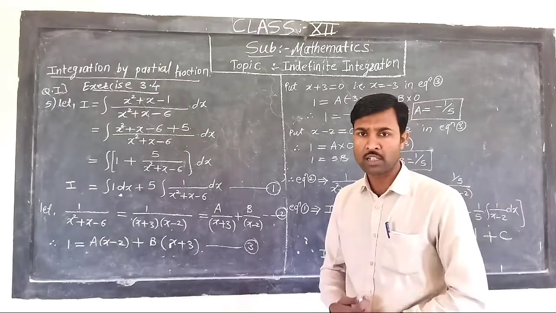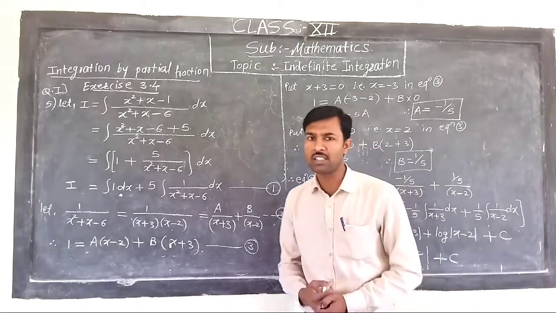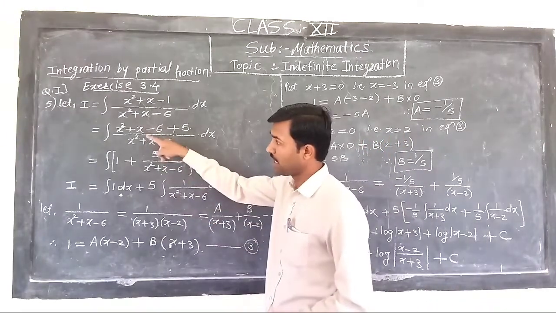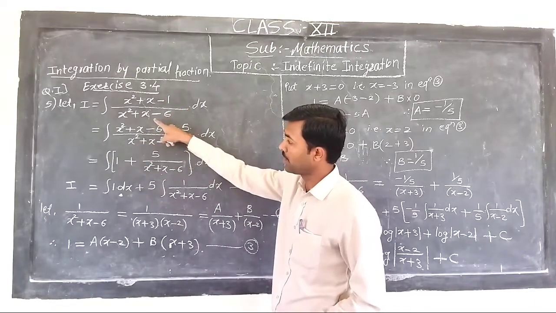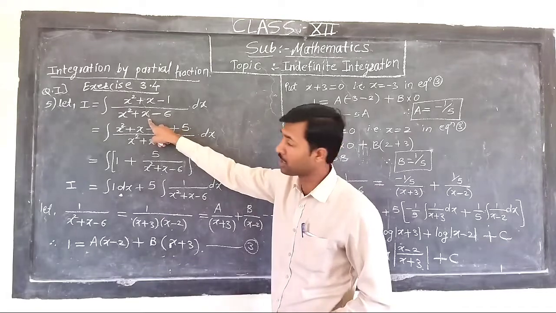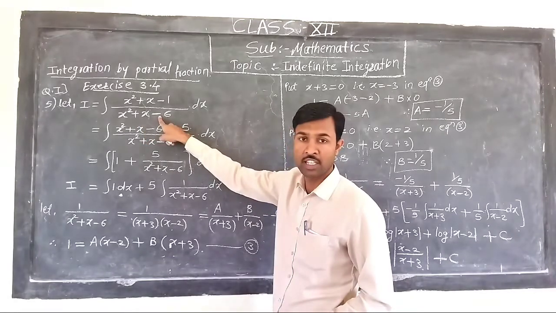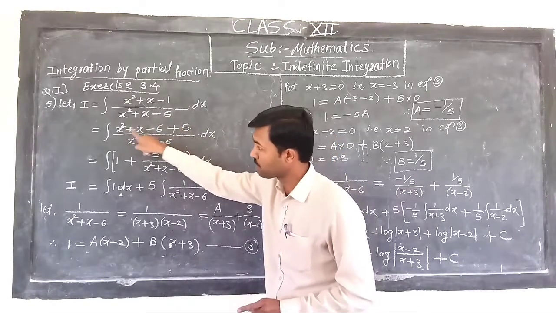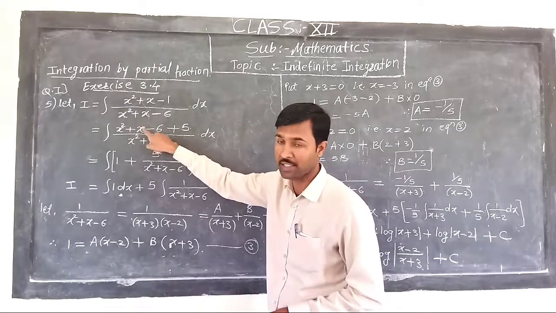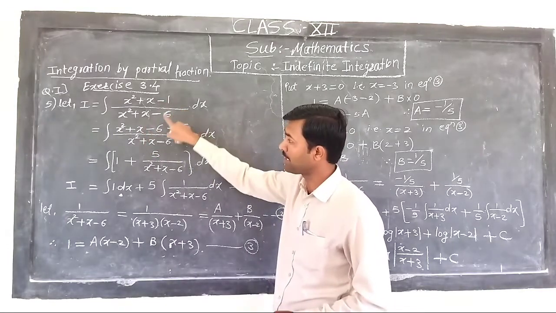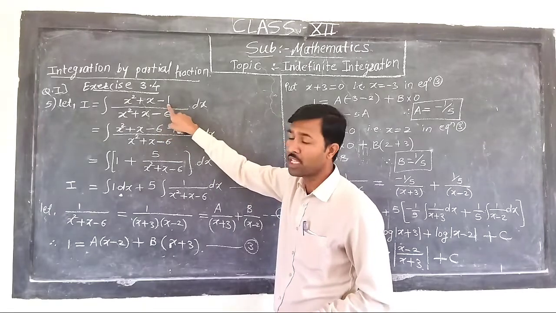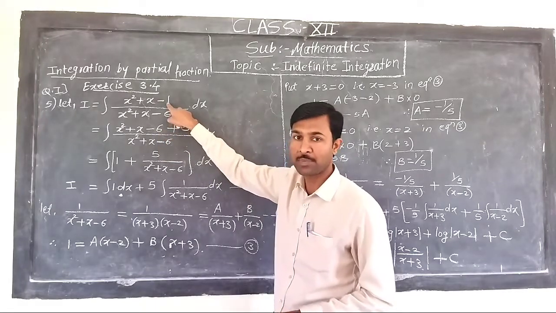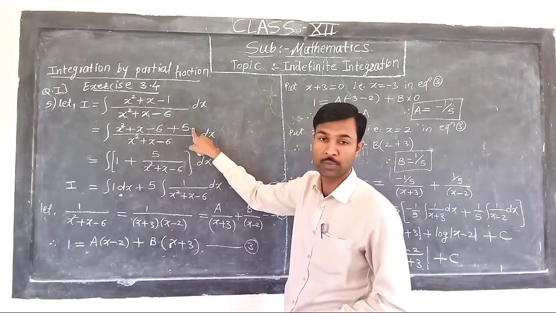So we can do that, or I make a small change here, that I arrange this denominator in the numerator. So here in the denominator the term is x square plus x minus 6. In the numerator the same term is present, x square plus x, but here is minus 1, so I replace it by minus 6. As I have added minus 5 here, I balance that minus 5 by adding here plus 5.